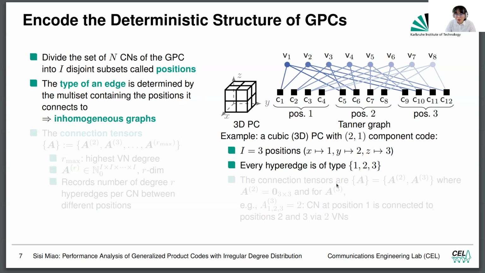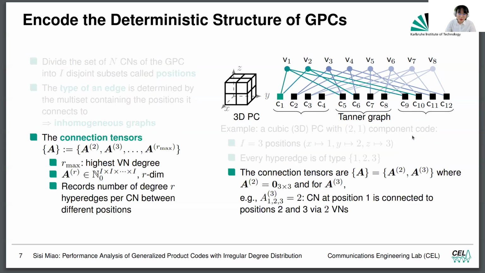And then in this example here, every hyperedge is of type 1, 2, and 3, as you can see, because every bit is connected to X, Y, and Z checks. And then we want to define something called connection tensors, which looks a bit complicated at the beginning, but this is the idea. It is a set of tensors, so A2, A3, all the way to R max. And this R denotes the degree of VN,